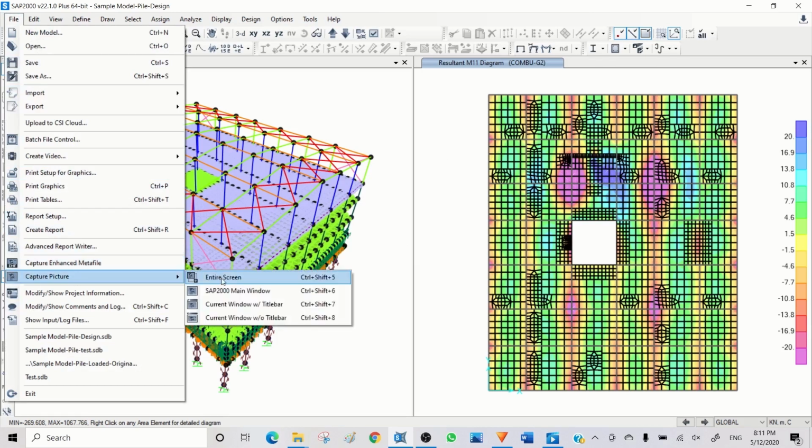There are a few options here: either entire screen, that means the whole screen I have here; main window, that is the main window of SAP; or I can choose current window. Currently this window is active. Current window with title bar and current window without title bar. I choose this one